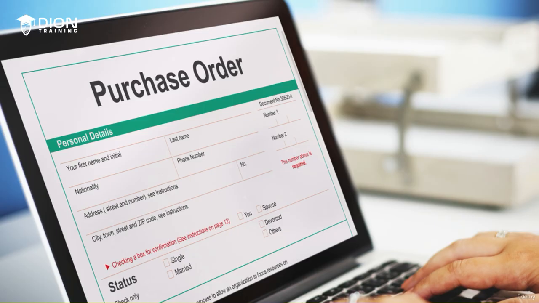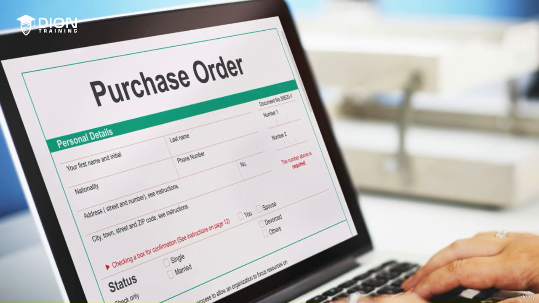Now, the final option we have for purchasing is the use of a purchase order. If you're going to buy something that's larger or more expensive, your company may require the use of a purchase order, and this is usually referred to simply as a PO. Now, a purchase order or a PO is simply a formal document that's issued by the purchasing department that authorizes